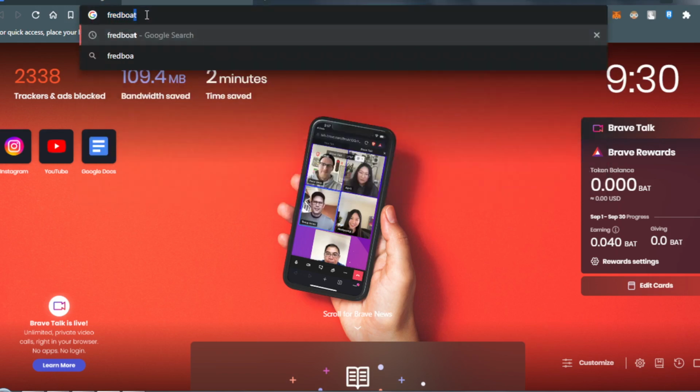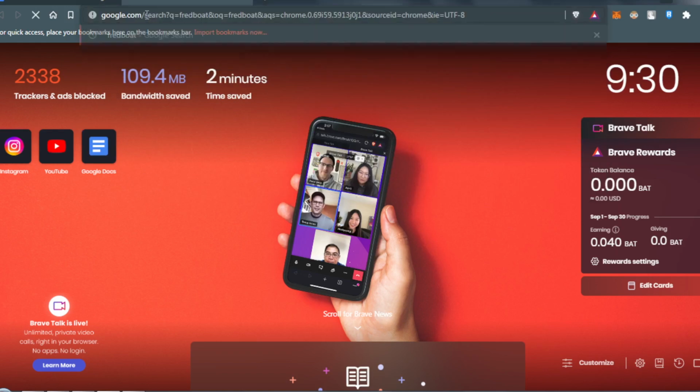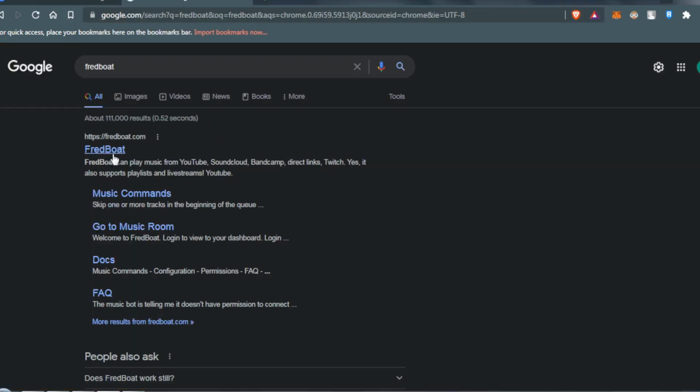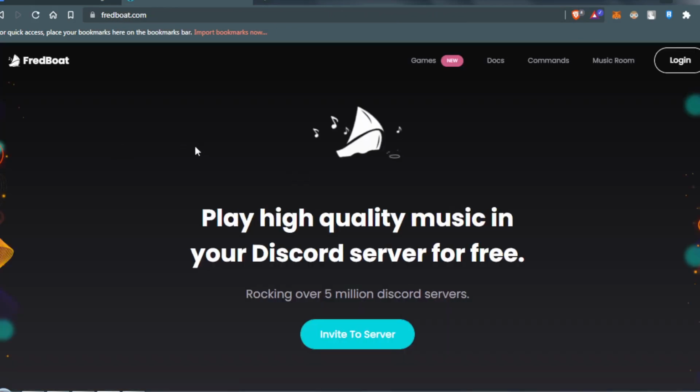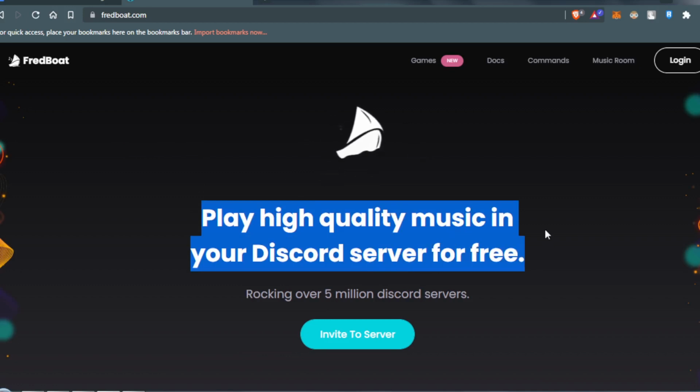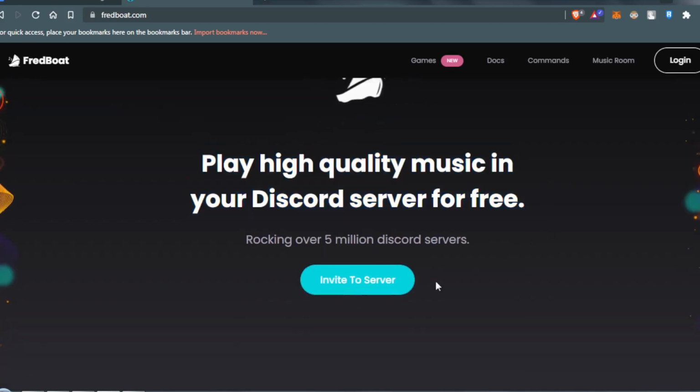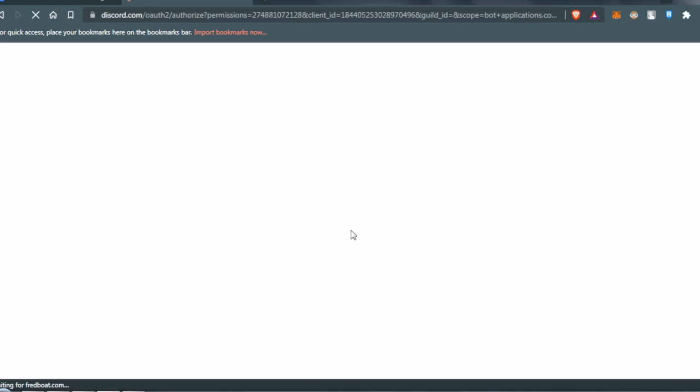Fredboat. So as you can see, after typing that, you'll need to click on the first link here, and as you can see here, play high quality music in your Discord server for free. So as you can see, we have an option here called invite to server. So if you click on that,